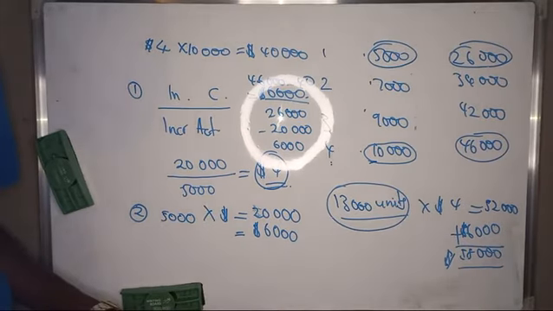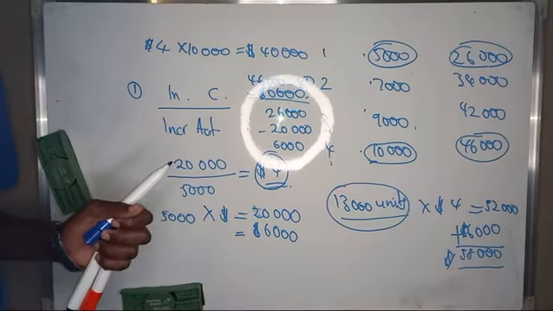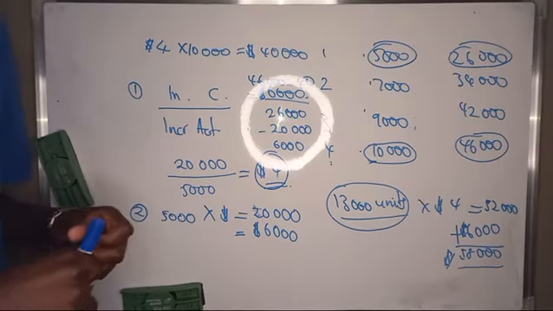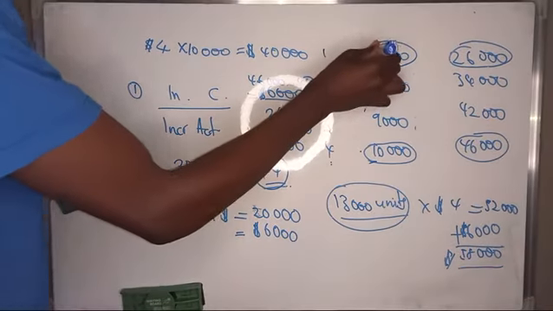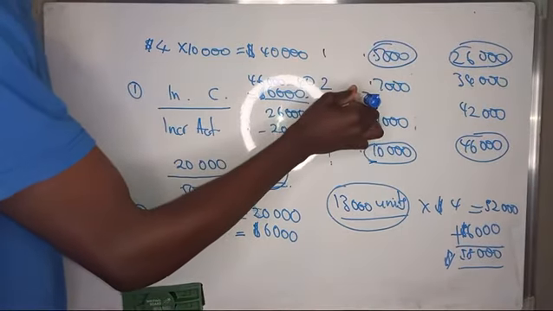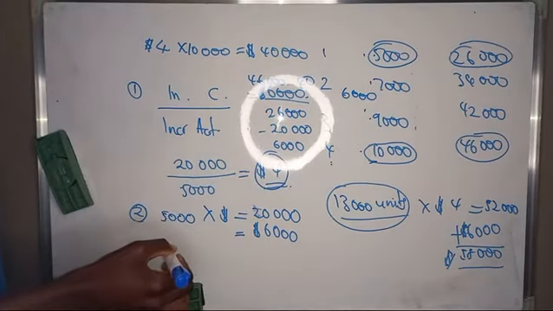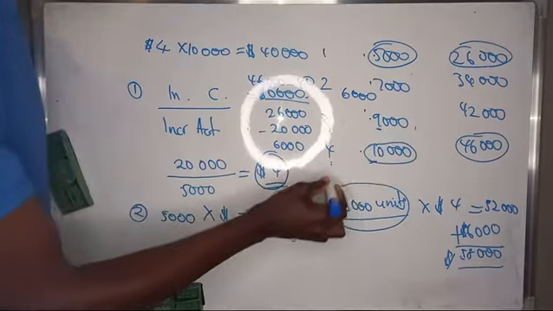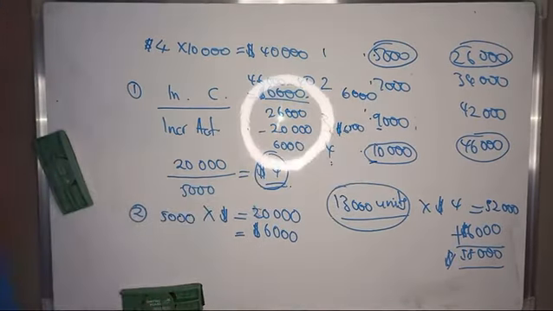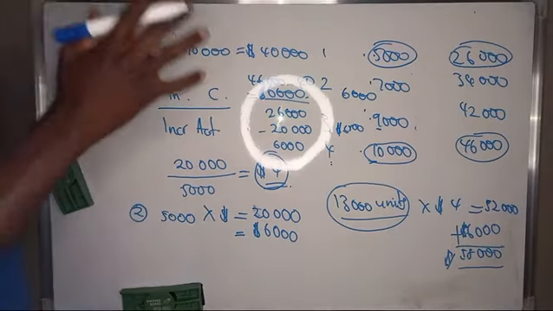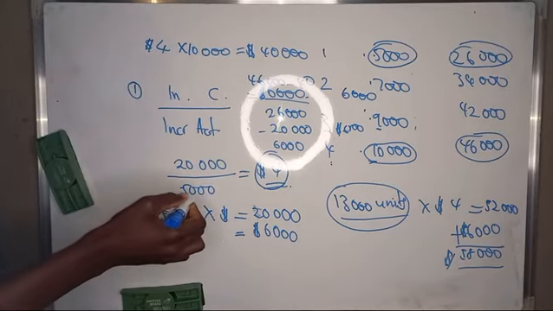So there's something I also want to add, that you need to understand as you go through the high and low. Because in some situations, they're going to tell you that the fixed costs from 5,000 to 8,000 is, let's say, 6,000. The fixed costs above 9,000 is going to be 6,500. So in that situation, when I'm doing your high and low, when I'm choosing a formula, when I'm doing the subtraction, for example,